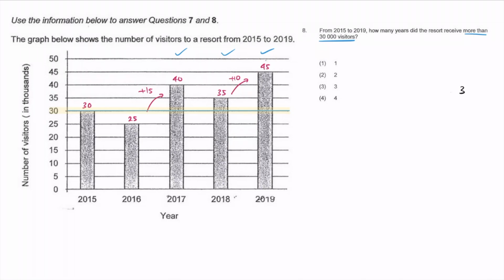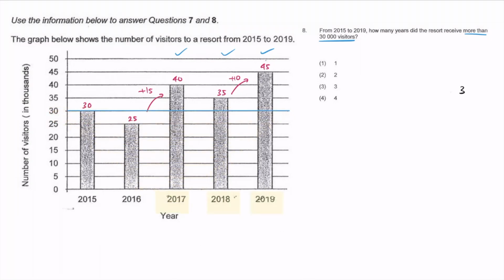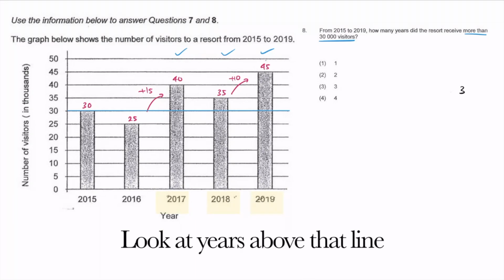Now, the next part here, we're going to find out how many years were there more than 30k visitors. So I'm going to draw a horizontal line here, looking at 30,000 here. Draw a horizontal line, okay, at 30,000. And then understand that I'm going to look out for the years above that line. So that's 1, 2, and 3. That would be 17, 18, and 2019. How many years was that true? That's the total of 3 years,